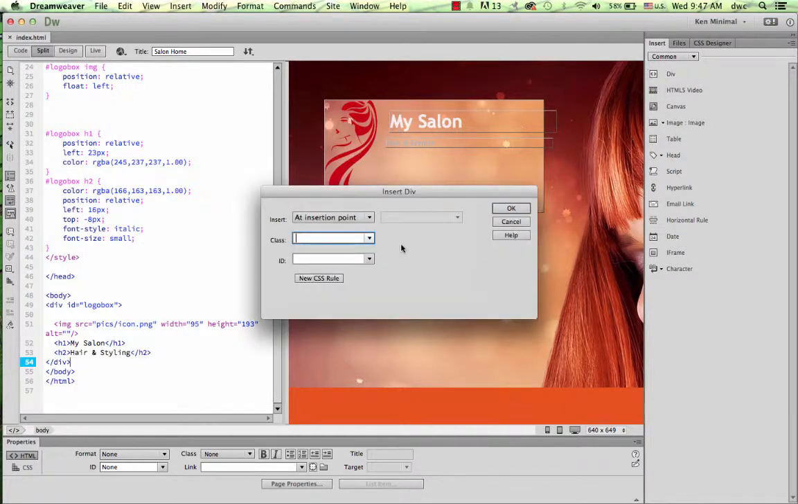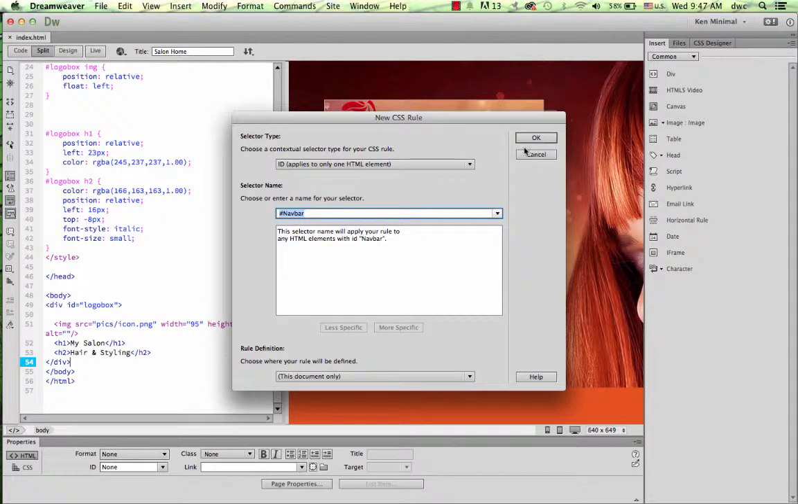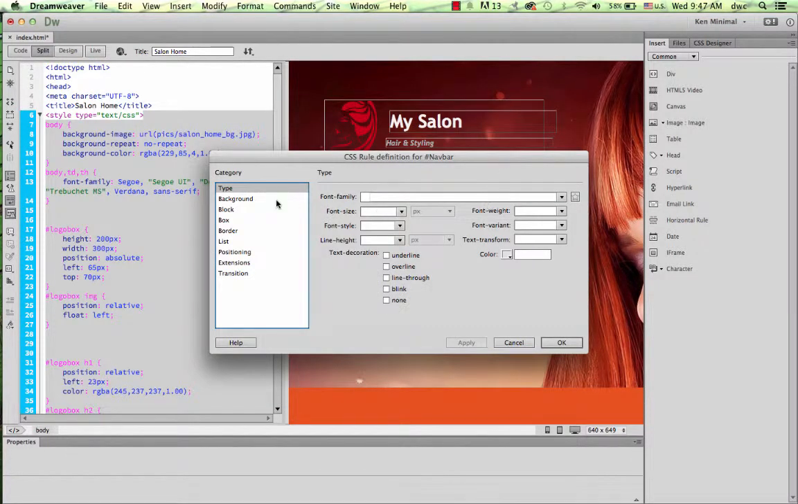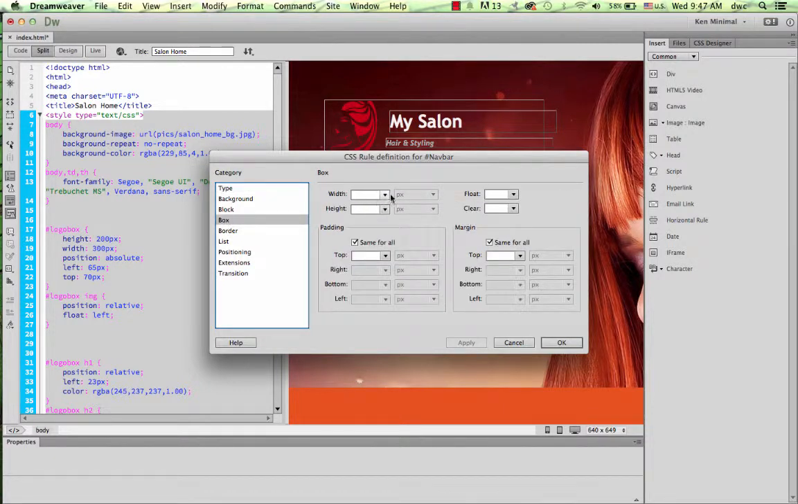And I'm going to put a div tag in called navbar. That's a fairly common name for a navigation bar. So navbar is my div tag. It's an ID. For the nav tag, I'm going to start off with, say, a width of, I don't know, 600 pixels, a height of 100, and